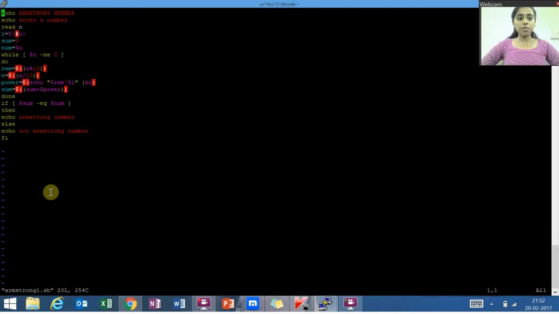I'll echo Armstrong number and then I'll echo enter a number. So the number will be read n, and then I'll store that value into a variable l, and I'll give the sum equals to 0 and num equals to $n. Now while n is not equal to 0, my loop will go on, that is do remainder equals to $((n mod 10)), so that I can take the tens place, and then n divided by 10, that's for the unit place and that's for the tens place,